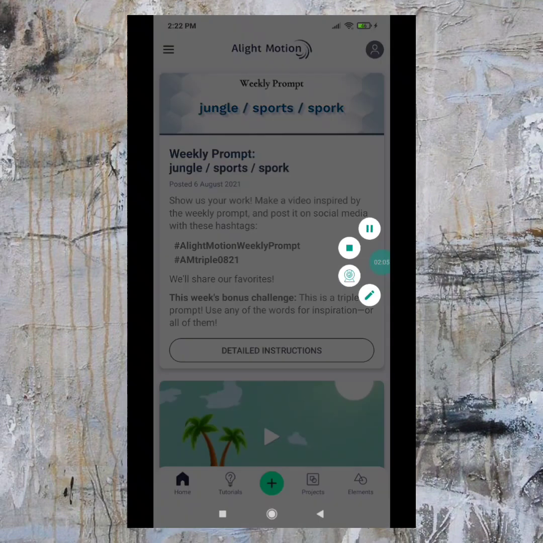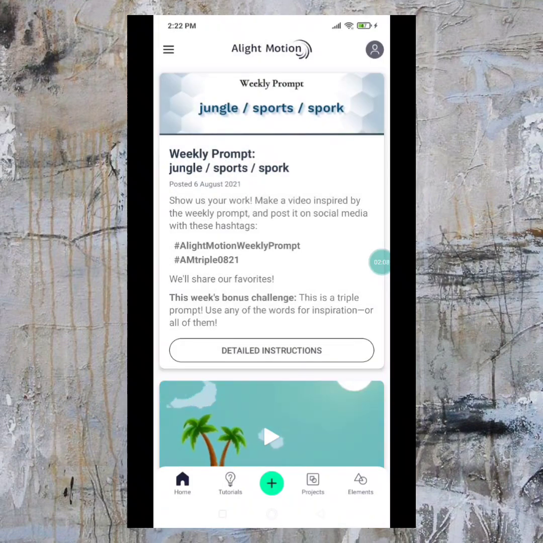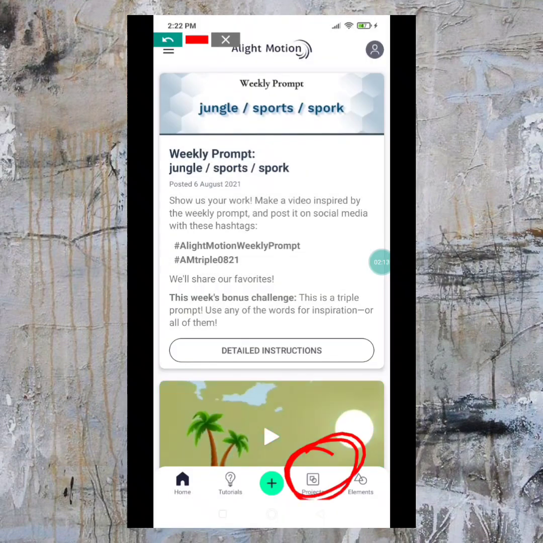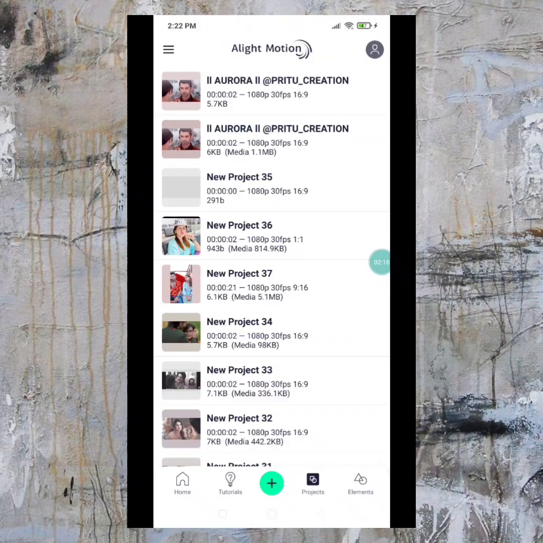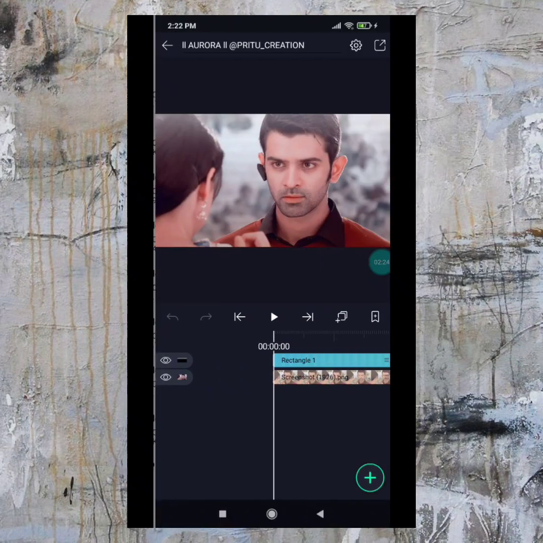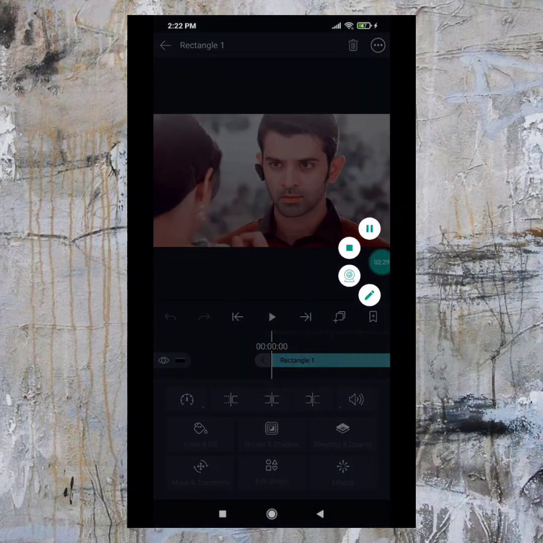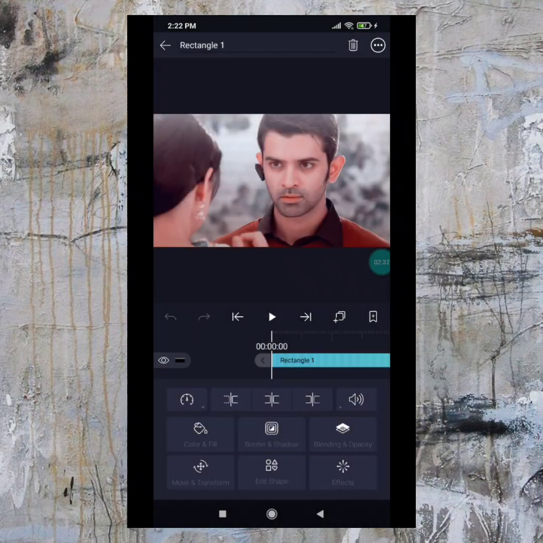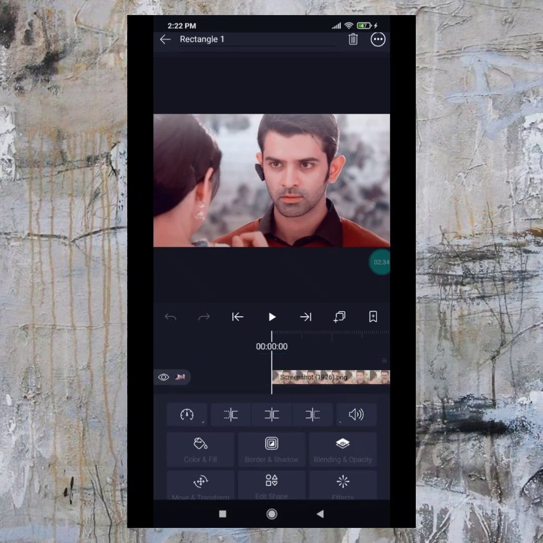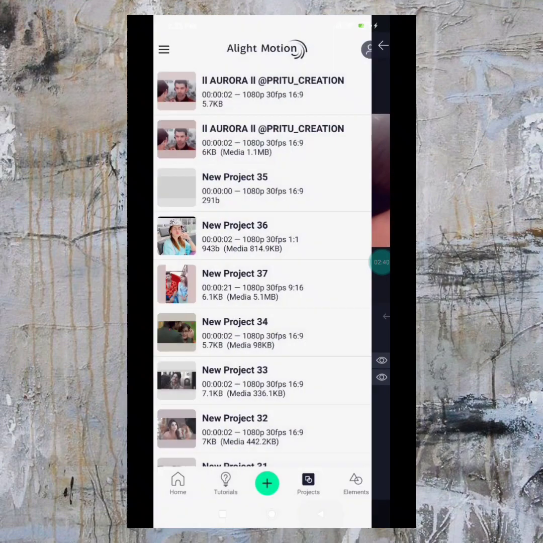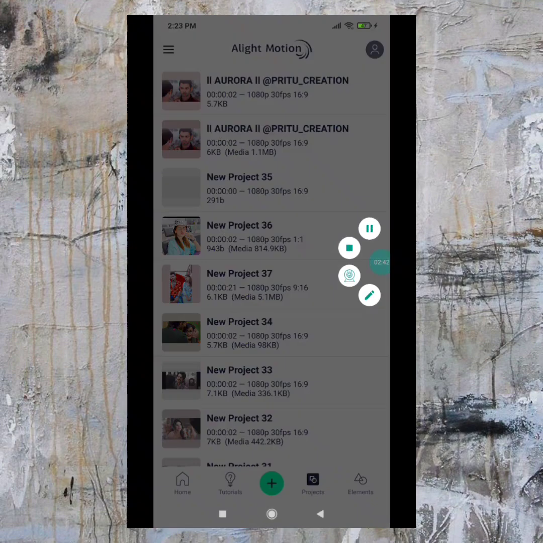Just come here. When you open Alight Motion, you will get this surface. Now click on projects. When you click on projects, you will get all the projects. My project is here. This one I have imported right now. Click on this. Sometimes you won't get this picture, so no worries if you don't get the picture, there's nothing to worry about. Click on this, then we will go back first and it will import our project through this.